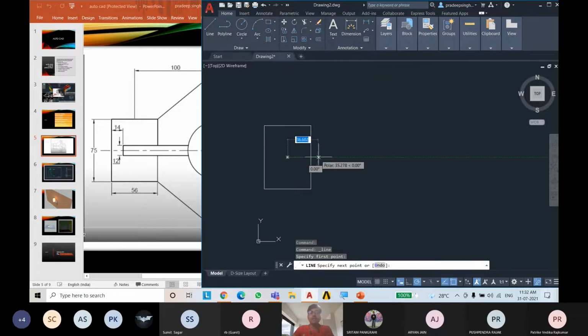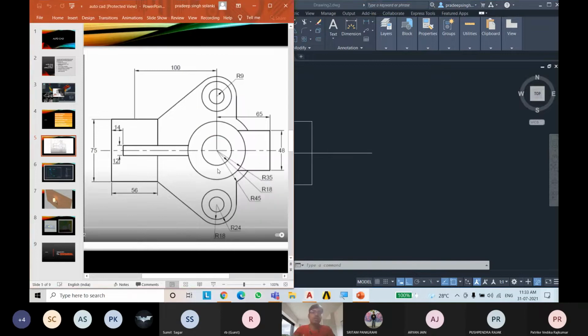Click there, then go in that direction. You can turn on ortho mode because we want only a straight, horizontal line. With ortho mode on, type 100 mm and then enter. It will automatically draw a line of 100 mm in a straight direction.